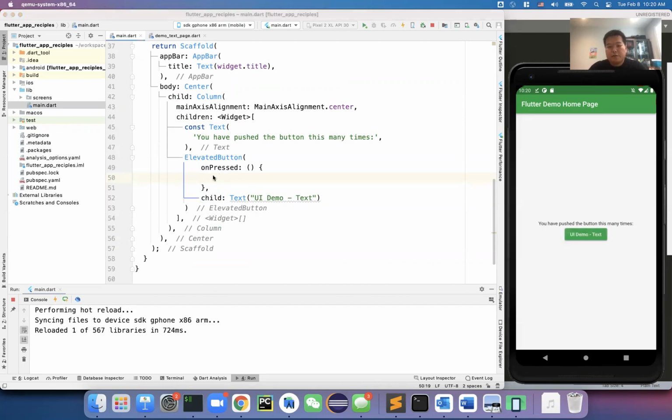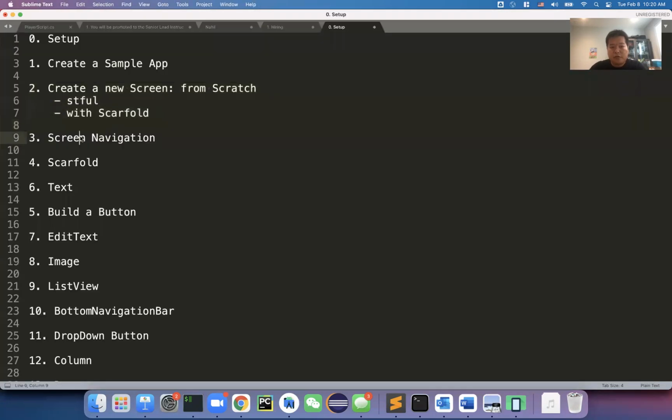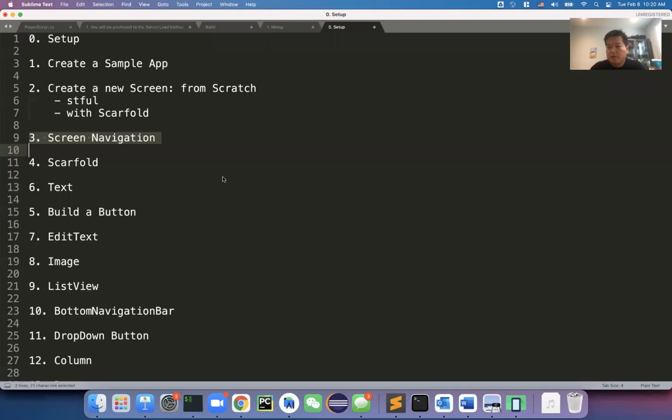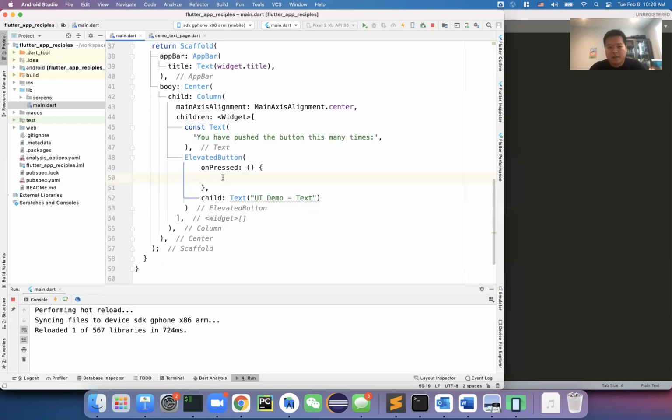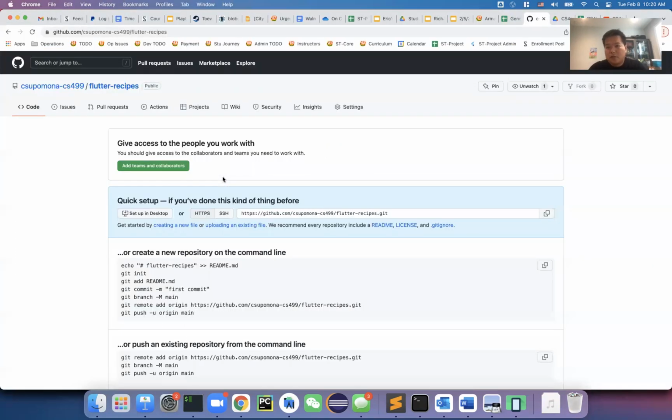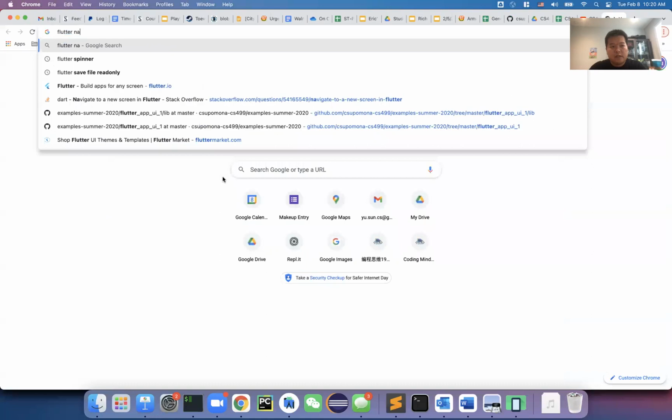So that brings me to the next topic, which is how do we do the screen navigation, right? That part of the code is very simple, one line of code, but it's not easy to memorize. So what I will do is go Google, Flutter, navigate